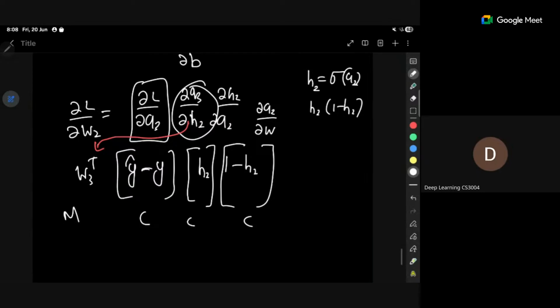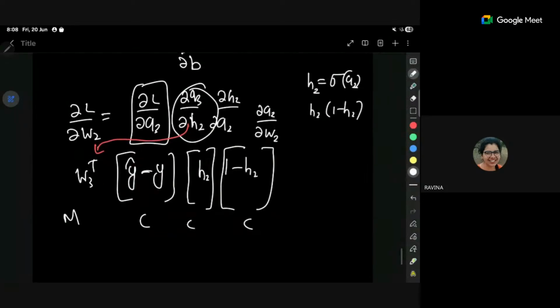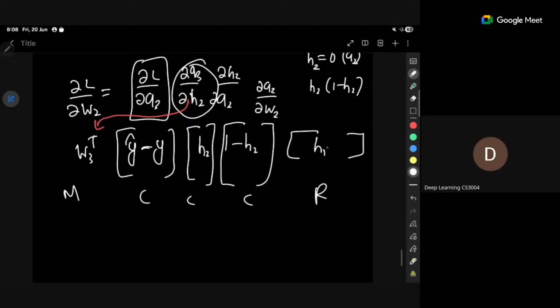Now a2 with respect to w, what will be the output? Here it is w2. X, no, H. Which one? H1, right? H1 transpose. And transpose of that is going to be a row. So this is how I want to show you that H1 transpose. So this is how the output will look like. And if you do all this multiplication, you will get